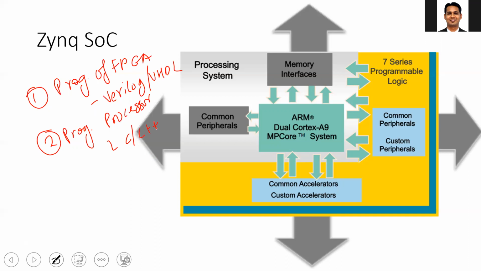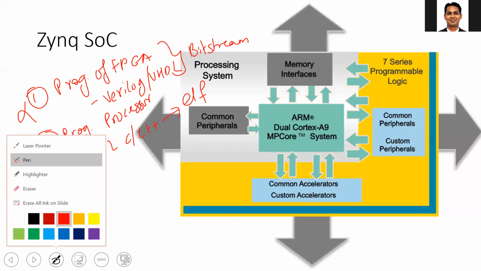As you know, when you program the FPGA, this is converted into the bit stream, and then it is used to configure the FPGA. And when you program the processor, this C, C++ is converted to the ELF file, and this is used to configure your processor. Okay, so you need to do two tasks. So in this lab, we won't be doing anything related to the FPGA. We'll be focusing only on writing basic simple C++ code and programming the processor.